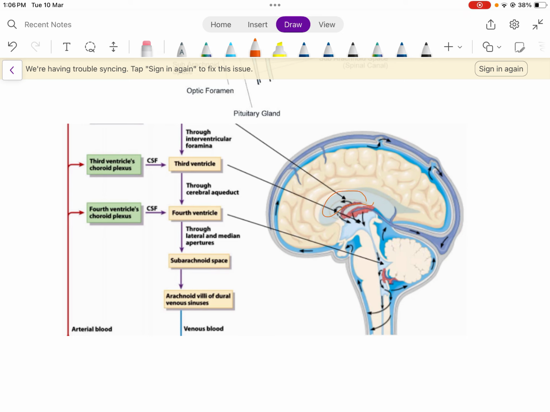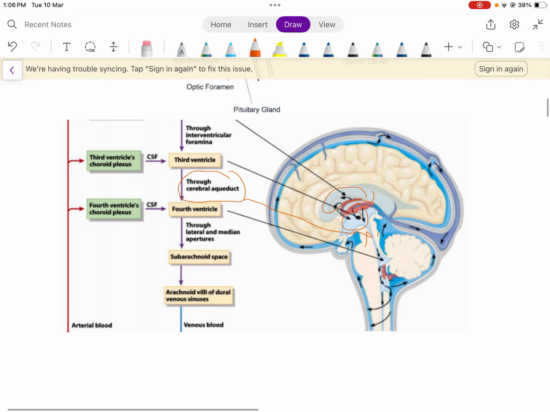This is the lateral ventricle. You have the third ventricle, and the cerebral aqueduct. Cerebral aqueduct is same as aqueduct of Sylvius. Okay, cerebral aqueduct, it is going to enter the fourth ventricle, and through the lateral and the median apertures. So the lateral is Luschka, L for lateral is Luschka, M for median is Magendie. It is going to enter the